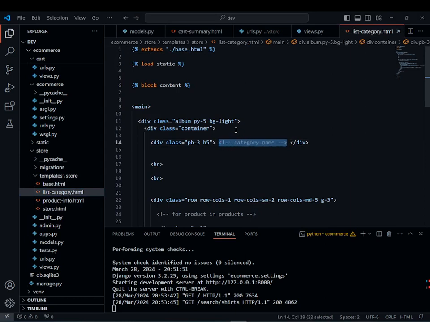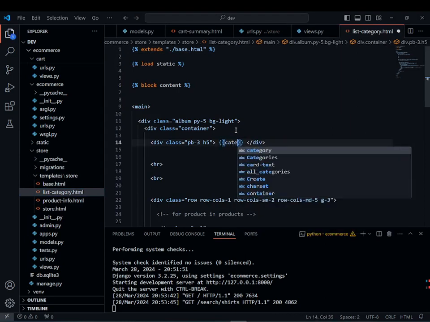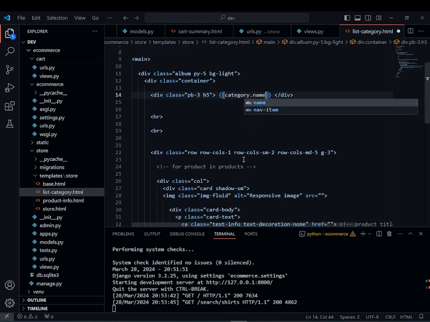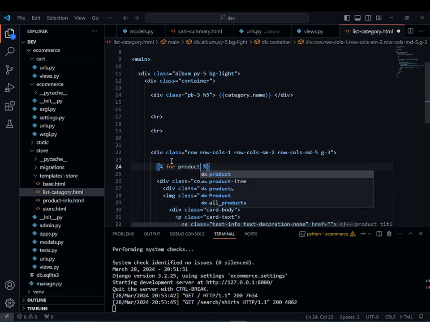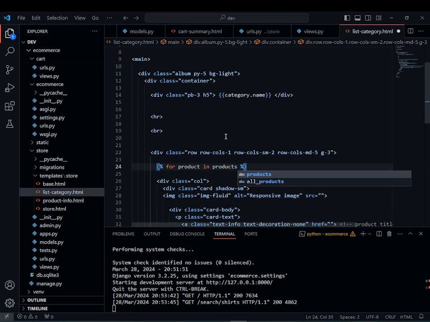First we want to access our category name, just type category.name, and after that for products we are going to loop through our products, just use Django tags, and for product in products,